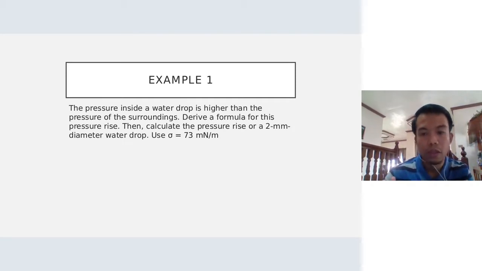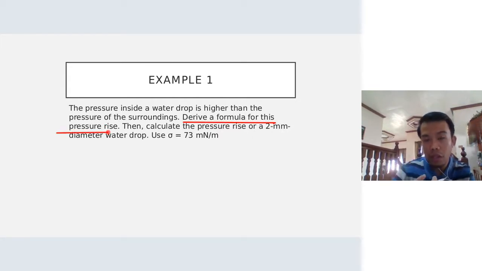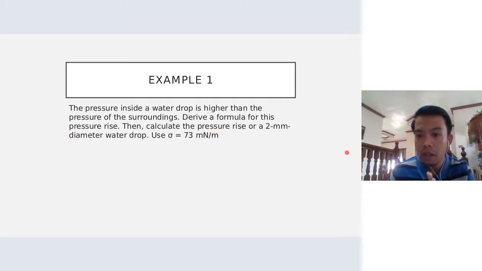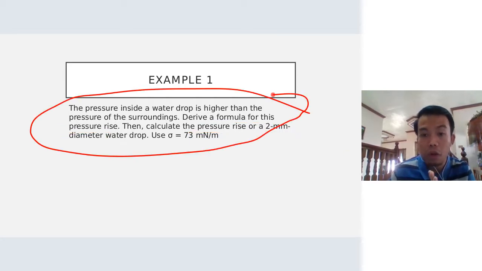Okay. So we'll have this example. In this example, we will derive a formula for pressure in relation to the surface tension. So we will derive the formula. As well, we will also calculate the pressure. Okay, so that's the required in this problem. But for us to understand the context,